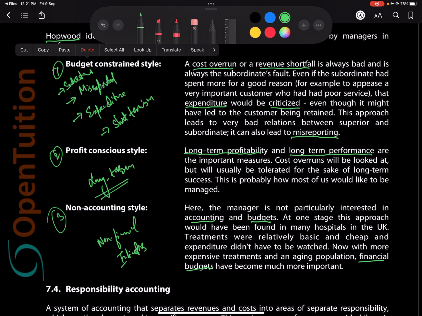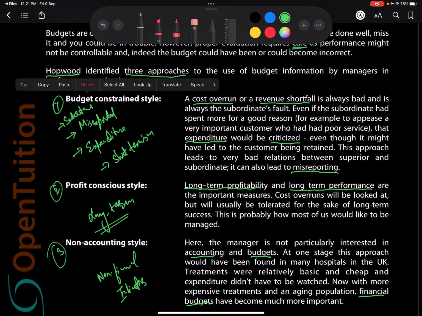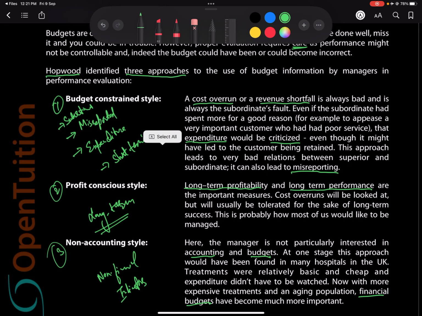Even if you're looking at the budgets, of course it's not going to make sense in that circumstance, because it's influenced by social, political, legal factors, right? You can't really ignore a person who's living in a remote area, because you have to deliver that service as well. So that's how we evaluate budget information whenever we are doing a performance evaluation.